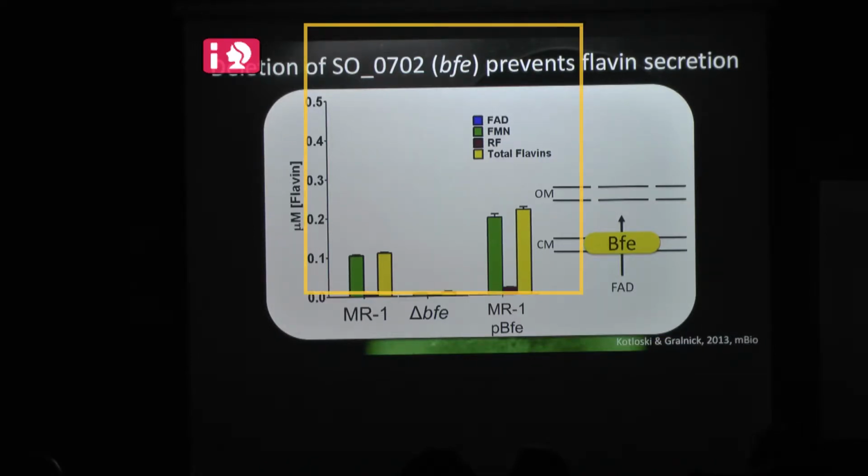So now we actually have a strain that we can do our experiments with. The BFE mutant still is able to biosynthesize flavins, but it just doesn't secrete them anymore. And that was important, and we've tried really hard to make flavin biosynthetic mutants, and we couldn't do it, which was also the story in E. coli. It's one of the reasons why,